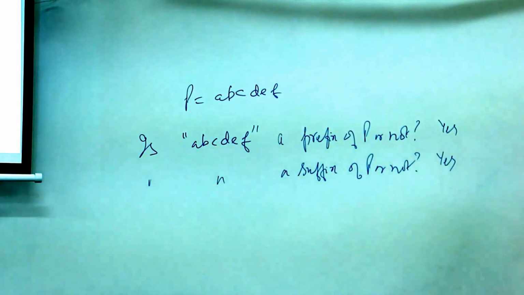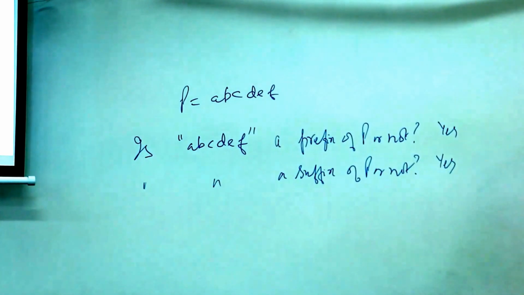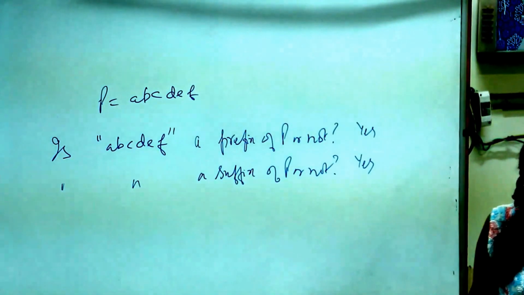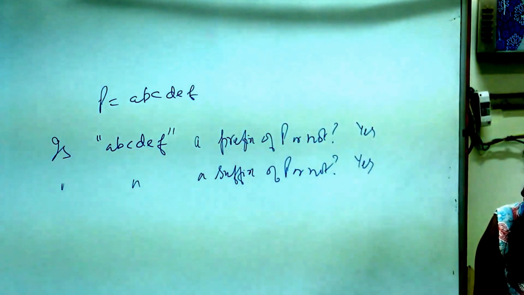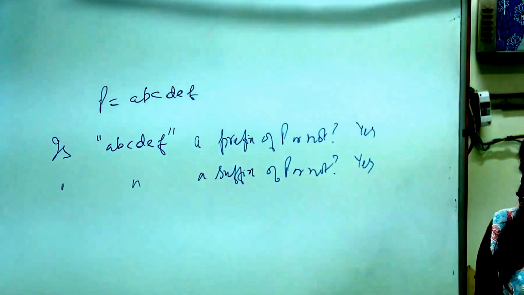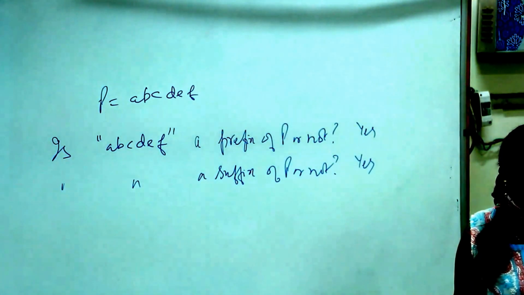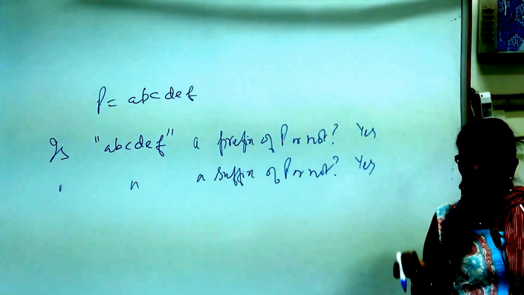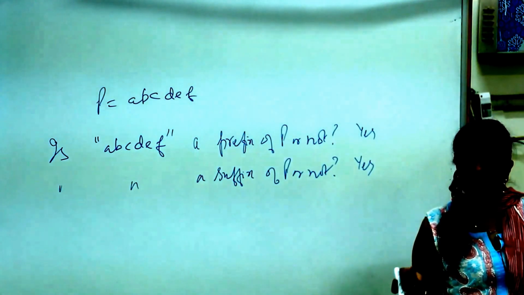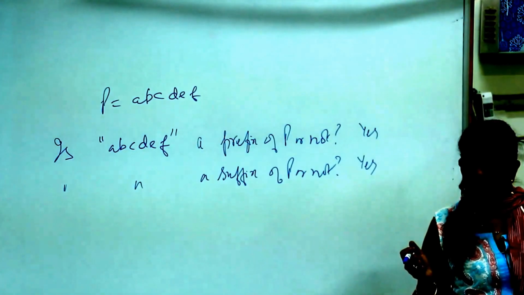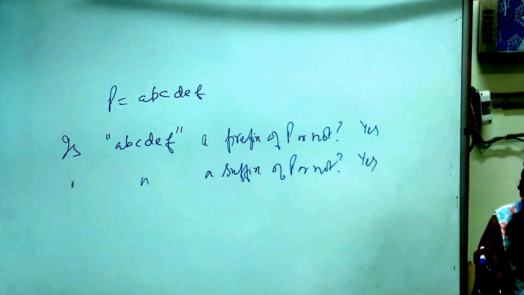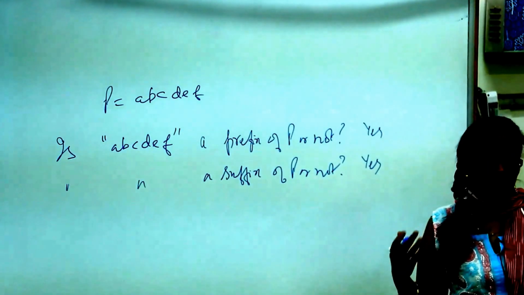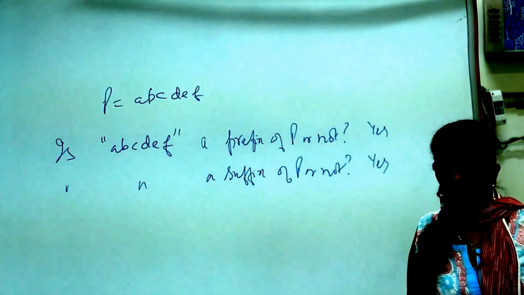But we are looking for a non-trivial such case, otherwise we won't gain anything. We won't get any shift, we get stuck in the same loop. The shift will be 0, so we are not gaining anything. So why non-trivial? So that we make at least some progress. And what is that progress? That we'll be able to shift at least by one position. So while implementing, we check that it's a non-trivial case. Because then we are not making progress, so our algorithm must make sure that it is a non-trivial prefix.